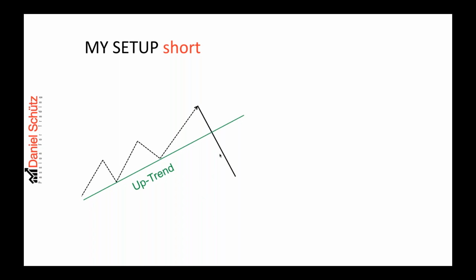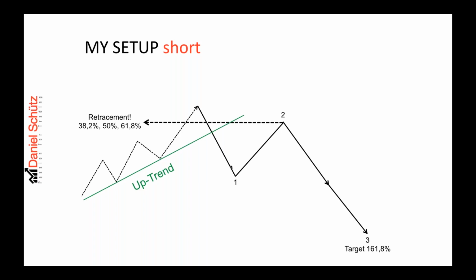And the short is absolutely the same. We have an uptrend, we wait until the trend is broken, then we want to count a 5 down and an A, B, C up. We hope that that turns at a 38.2, 50 or 61.8 retracement of wave 1, and then we try to find our entry here. The target also would be the